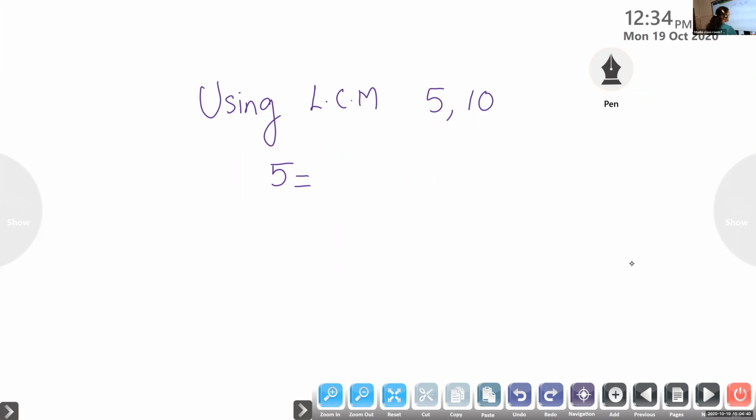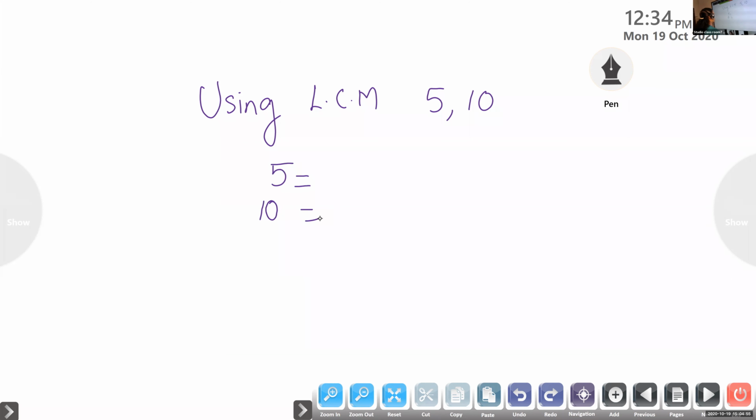Manu: Should we do this in our rough book? Wait. After this, I will give you one question to do in your rough book. Now, one more question, because the LCM using prime factorization method we have not done. So we can practice one more question, then I will give you.